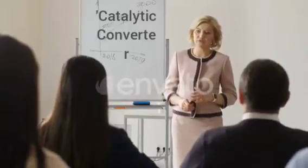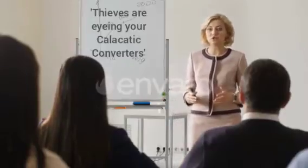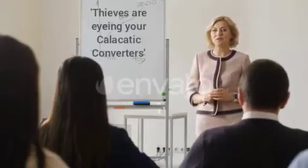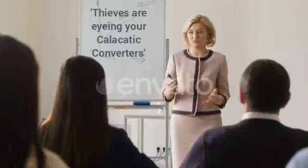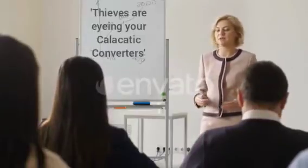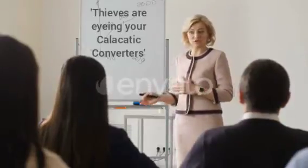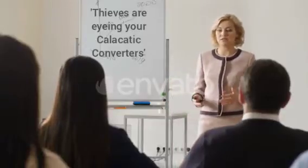Alright. Thieves are eyeing your car's catalytic converter. Purses, cameras, mobile phones, all of these may be the most common items to be stolen during the holiday season. But many don't realize that the catalytic converter under the car is also valuable and sought after by many thieves. The high-quality components inside, made of precious metals such as palladium, platinum, and rhodium, are highly coveted, according to the Auto Club Europa, ACE. Although the catalytic converter contains only tiny amounts of these, the prices for such precious metals